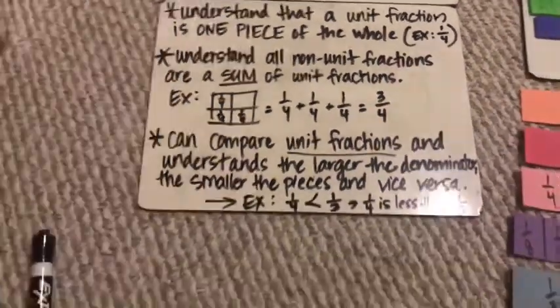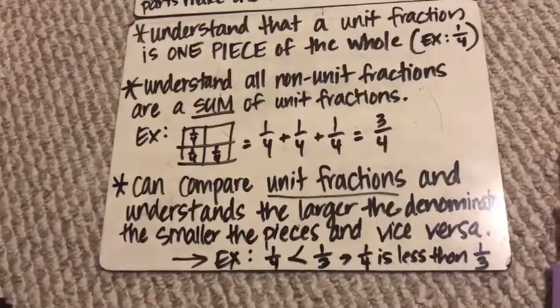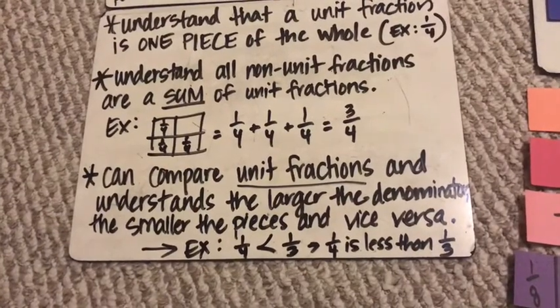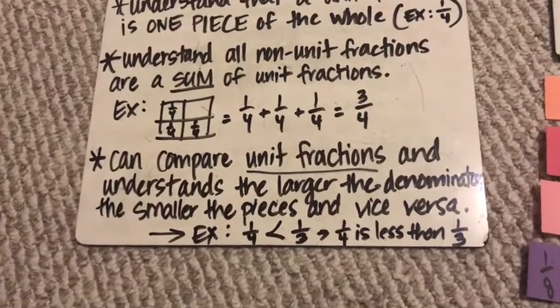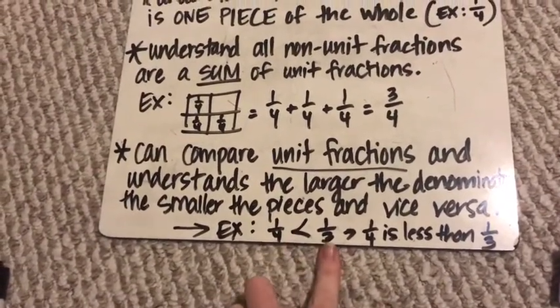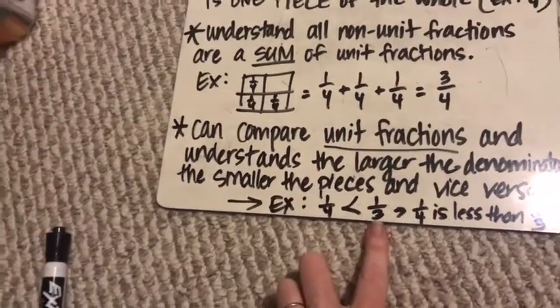The last prerequisite skill that I can think of off the top of my head, there might be more, is that we want students to be able to compare unit fractions and understand that the larger the denominator, the smaller the piece, and vice versa. In Virginia, this is a second grade standard. So if they have 1/4 and 1/3, we want them to know that 1/4 is actually less than 1/3, and